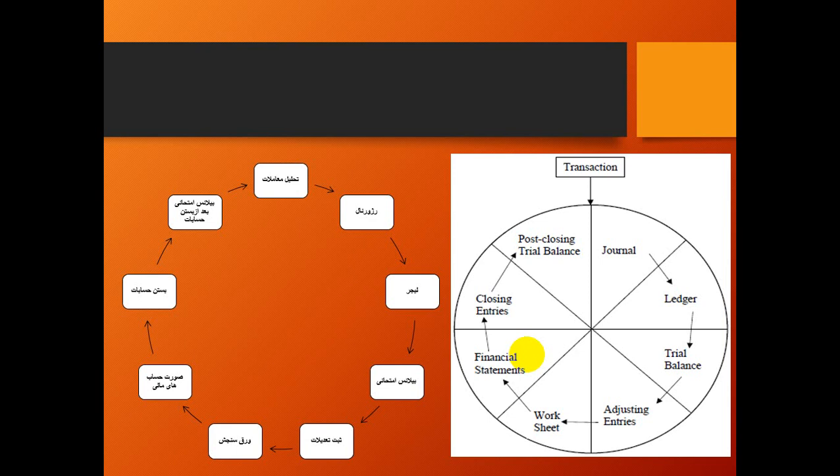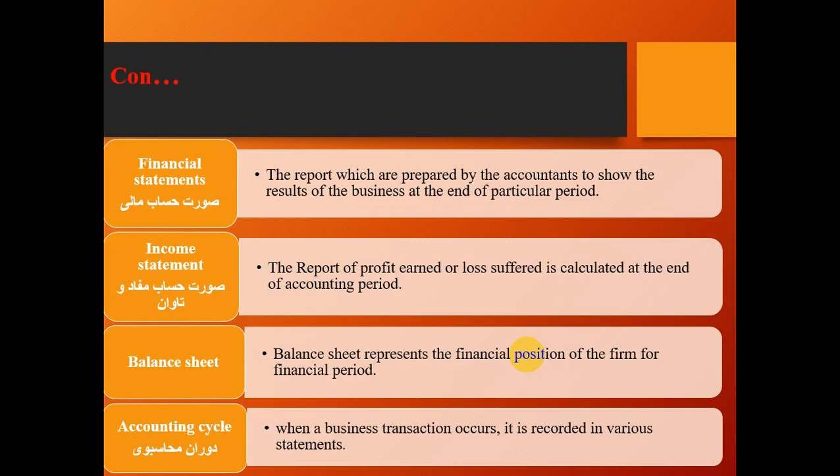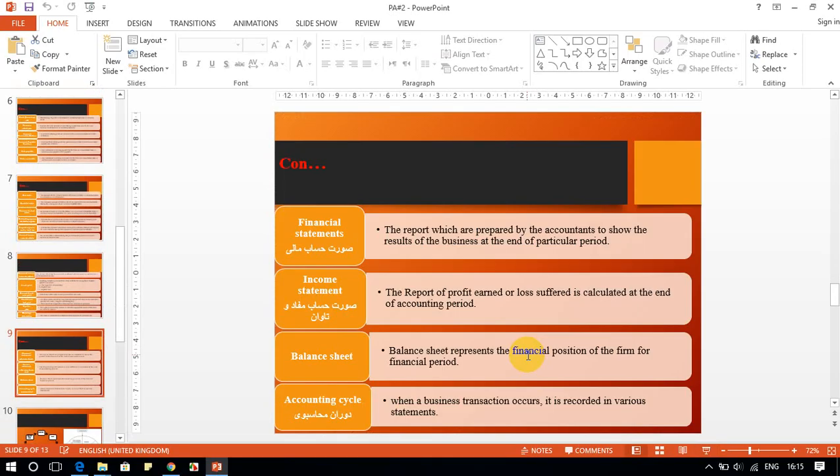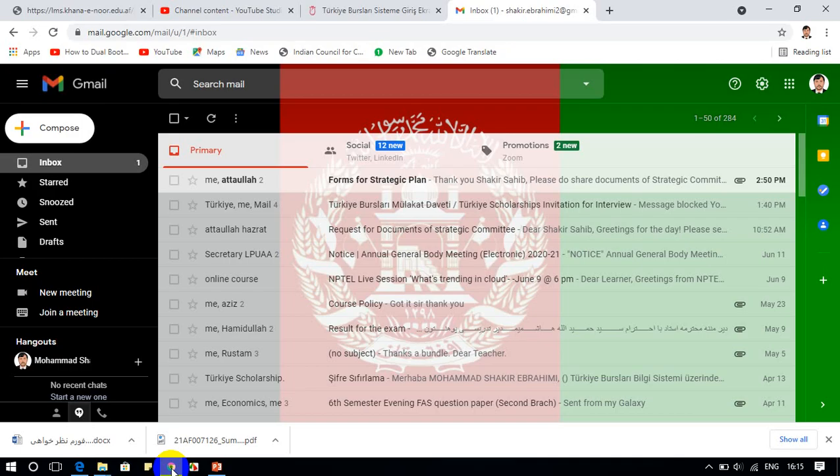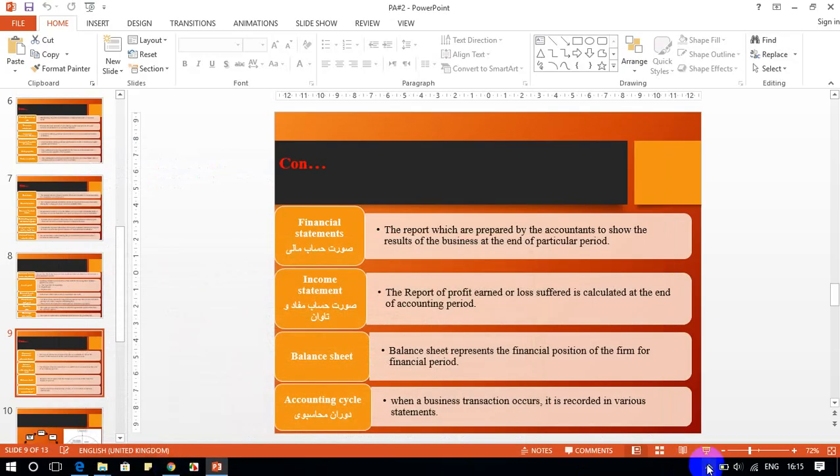If we are preparing the financial statements, which as I said are three types: income statement, balance sheet, and cash flow statement, we will share these with the public. These are the things we have in our organization, and we are preparing them. So this is what we have. I hope you have learned